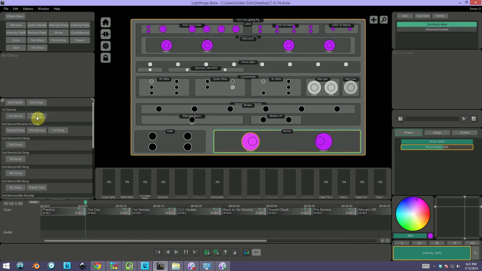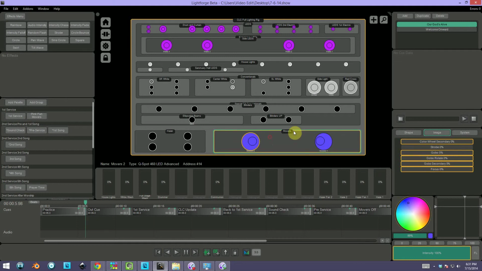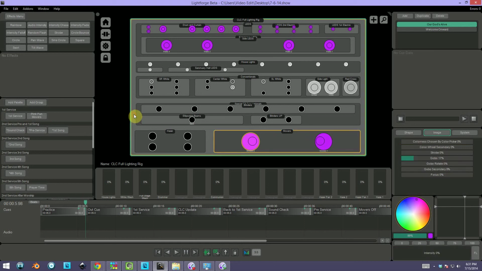But so now if I change these to white and I change all of this stuff, all I have to do is click a group that I want to apply the palette to, and then I can click pink fun movers, and you can see that now it's going to fade to that setting that we just saved in there. So a palette works as a preset, and the way that I have done it here,